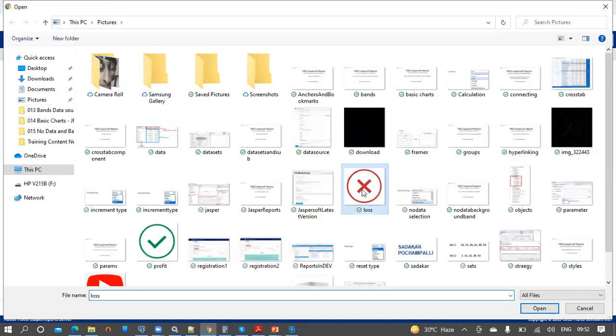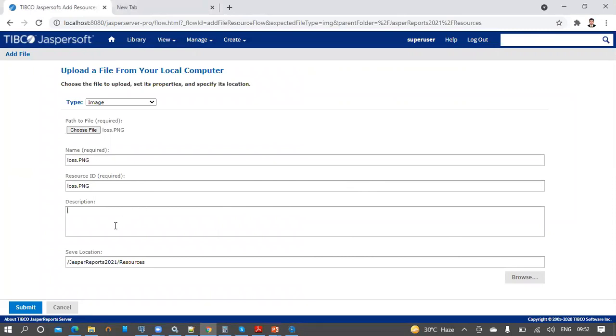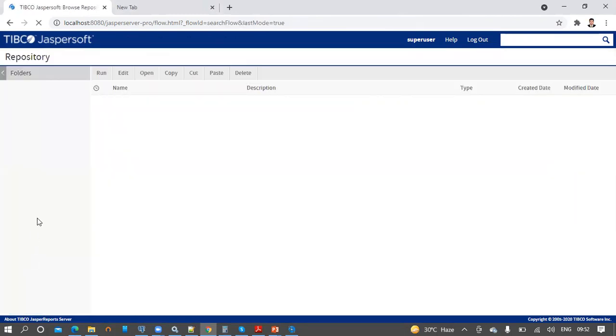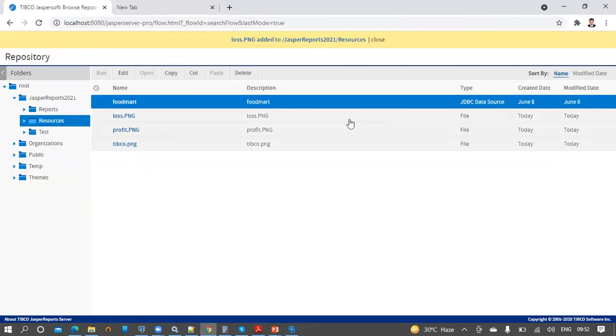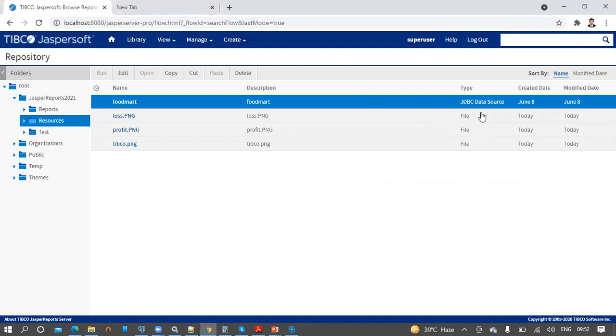These two symbols, right or wrong, yes or no, we can consider as whether profit is gained or loss has occurred. So we can indicate those with yes or no in the form of images. So let's upload this loss image. Now we have the images uploaded to the Jasper report server.